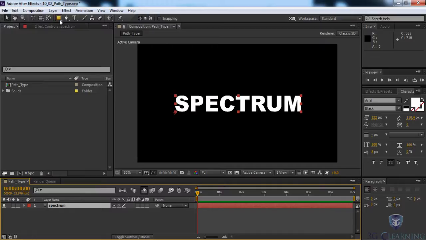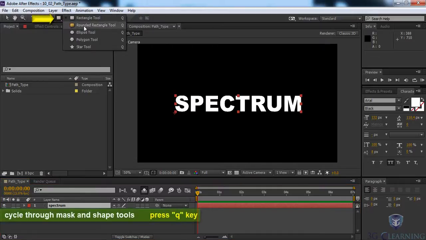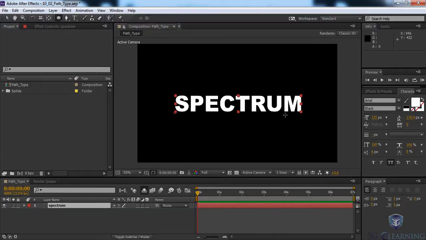I'm going to go up to my shape tools and click and hold till I get to my ellipse tool. You could go ahead and press Q on your keyboard to cycle through. Now since I'm adding this text to the shape tool, I'm creating a mask. And as we all know, masks can be anything. So I could copy this path from Illustrator or even Photoshop and then paste it into this text layer. But again, we'll just go ahead and use our circle shape. With layer 1 selected,